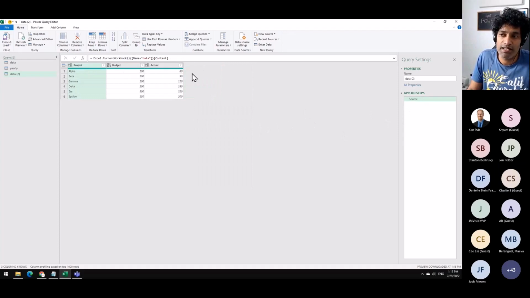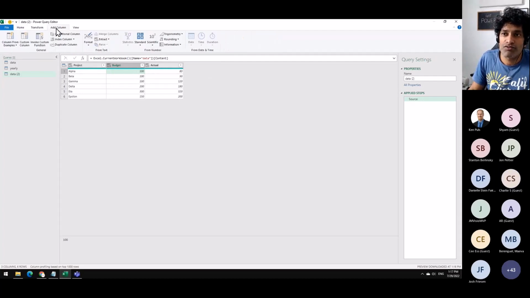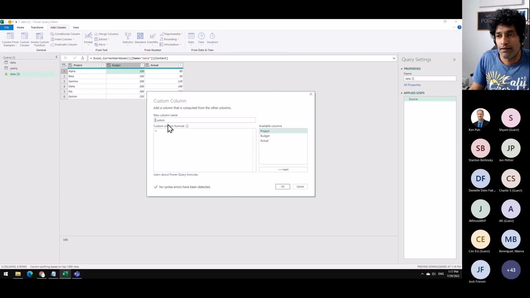Let's say instead of duplicating, I want to take every row and duplicate the row itself. So I want to have two rows of the exact same values. What you could do is add a column, click on custom column. We are going to do a little bit of custom columns in this particular example because we do need to use this to get what we want. We could use the menu options, but they'll get a little bit clumsy and more long-winded, and some of the steps are not even possible. For now, I'm just going to leave that there.